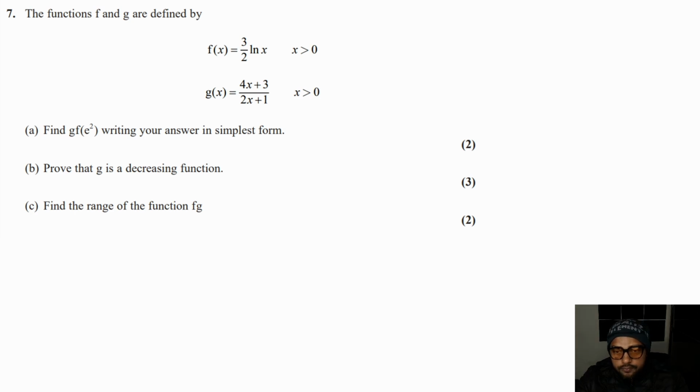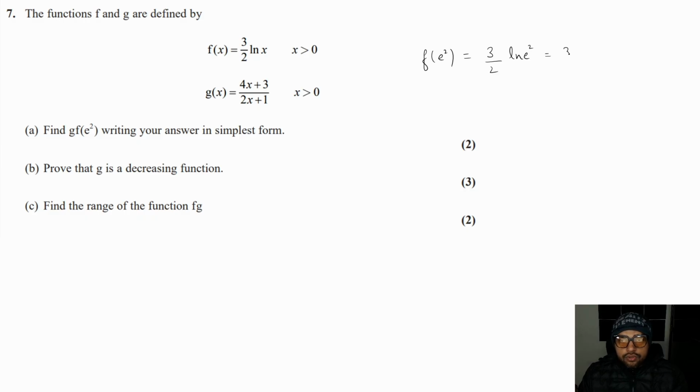Okay, now let's move to the seventh part. The next question, which is the seventh question. The functions f and g are defined by certain functional values given here, and in the first part we need to find gf(e square), writing your answer in the simplest form. So function f(x) is given, that is equal to 3 by 2 log of x. If we plug in e square here in f(x), what we'll get is 3 by 2 log of e square